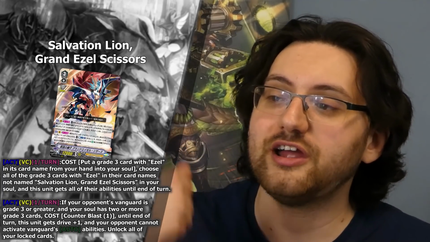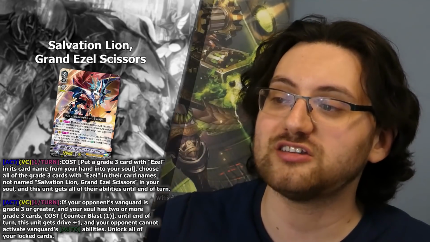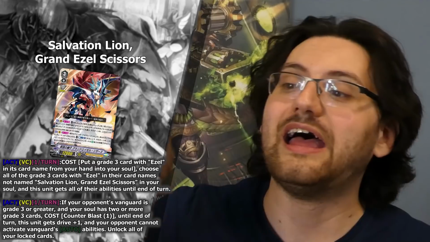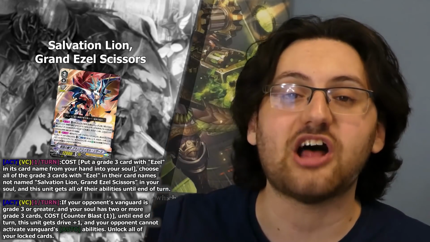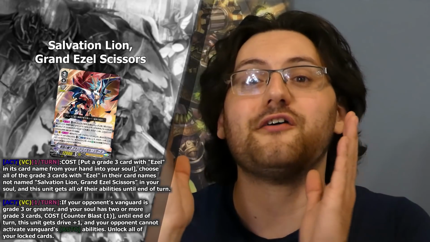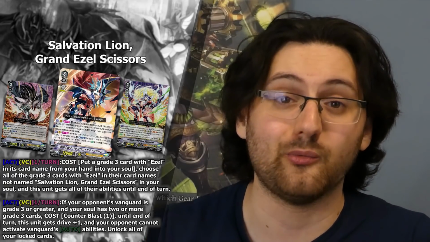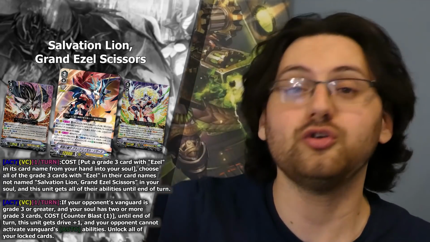Choose all of the Grade 3 cards with Ezel in their card names, not named Salvation Lion Grand Ezel Scissors, in your soul, and this unit gets all of their abilities until the end of turn. Yes, it's Gastile for Ezel. Now, with the Ezels that we have, Blonde Ezel, which basically on attack can call you a card from hand,